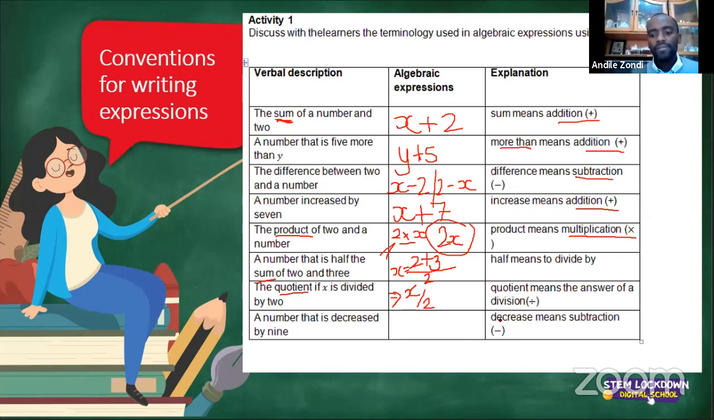So I need you guys to give me an expression of that. Decrease means, in this case, we're subtracting. Decrease means we are subtracting, right? Okay, wow. I have very smart learners in this class. I bet you guys get level 6s and 7s in maths, right? So the answer will be a number, in this case, x minus